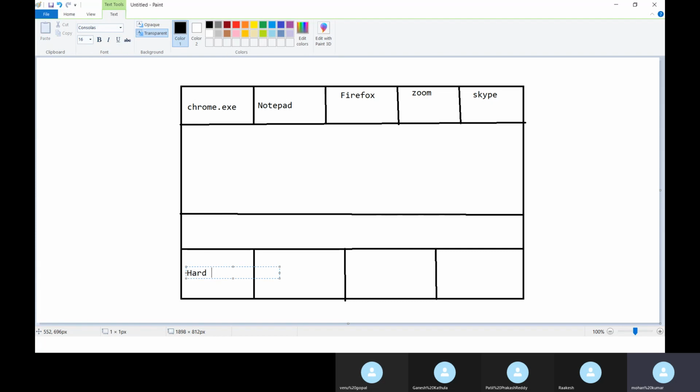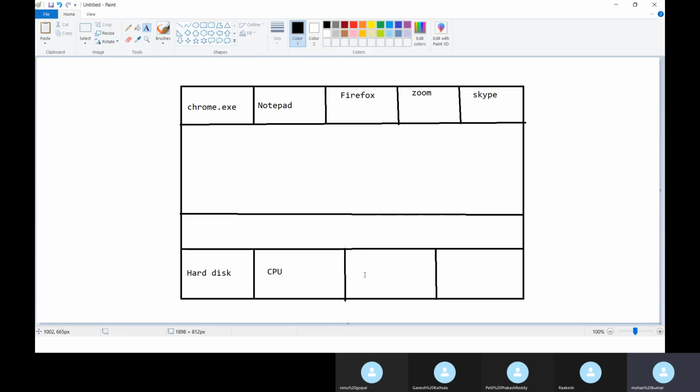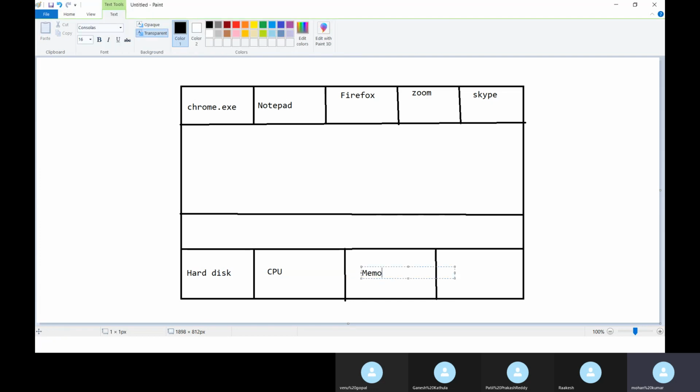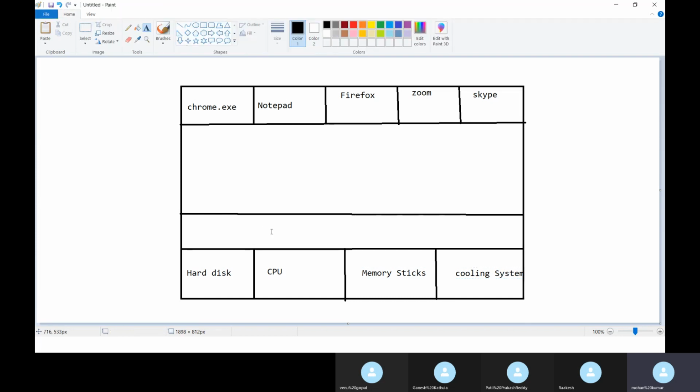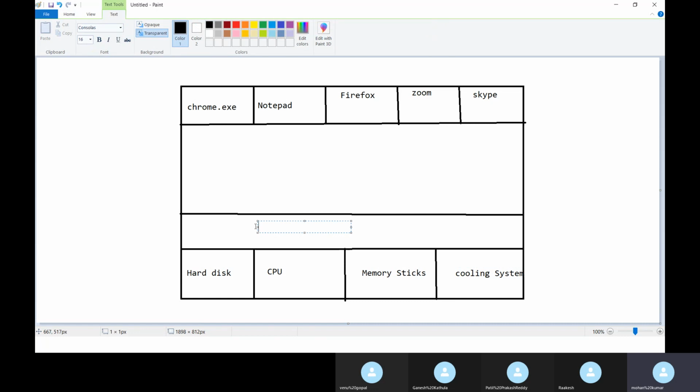So the hardware part has a hard disk, CPU, memory sticks, and cooling systems. On top of it, we will have the OS. It can be Windows, Linux, or whatever it is. We call this the kernel in particular.